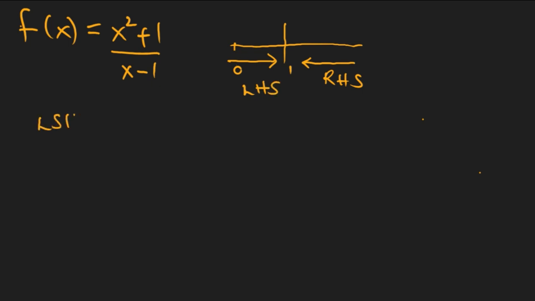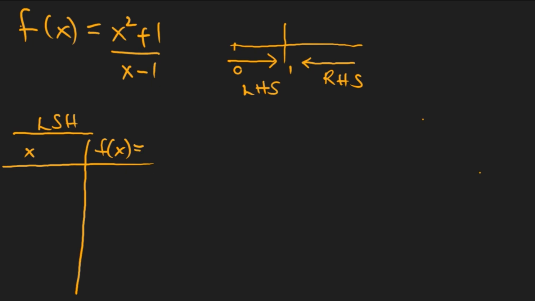So for the left hand side, we pick values. So f of x is equal to x squared plus 1 over x minus 1. Since we are approaching 1 from 0 to 1, look at this, from 0 to 1, we can pick